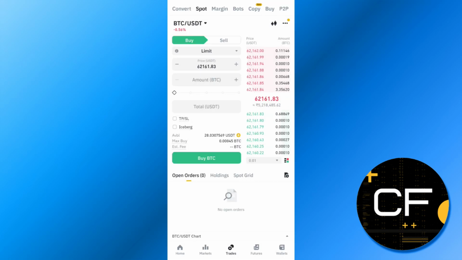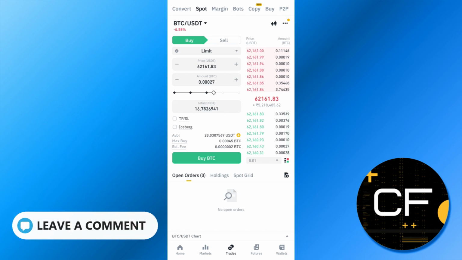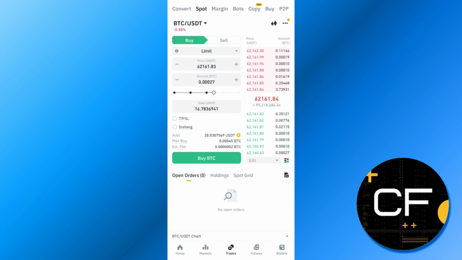Afterwards you need to enter the amount of BTC that you want to purchase. You can even use the slider with the help of which you can select the percentage of the amount of USDT that you have in your account to use in order to purchase BTC. So as you can see over here that I have selected 50% and it has already taken 50% amount of